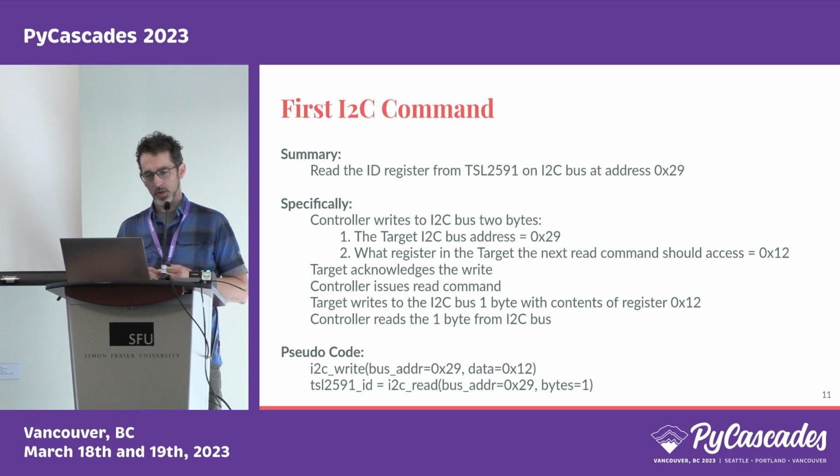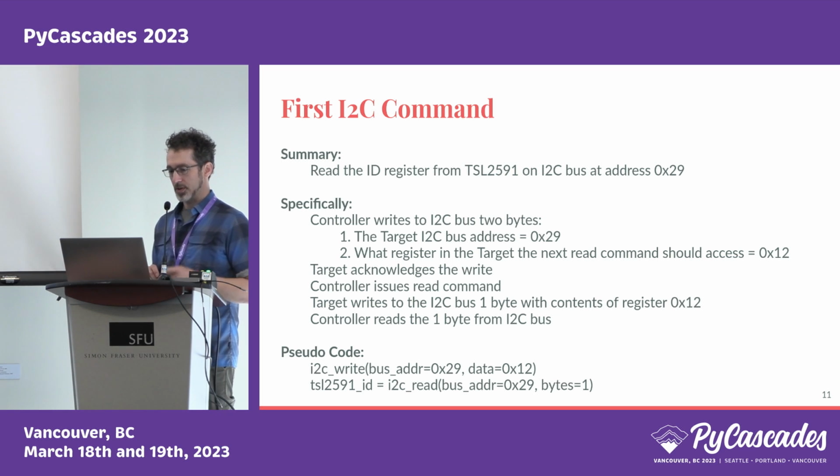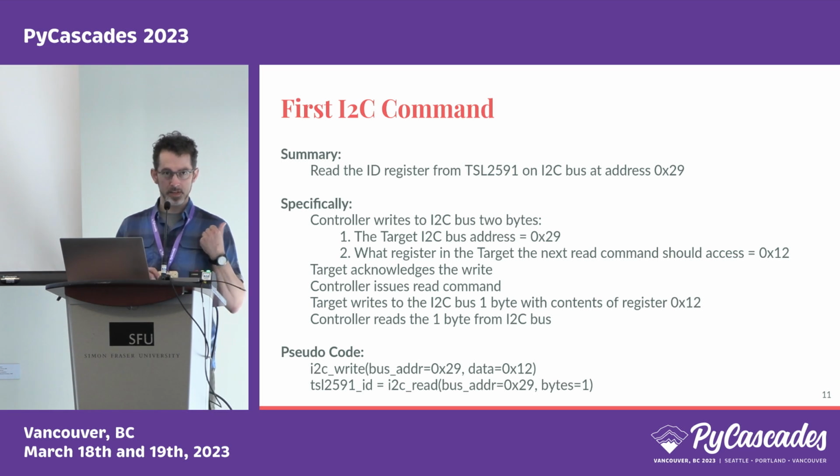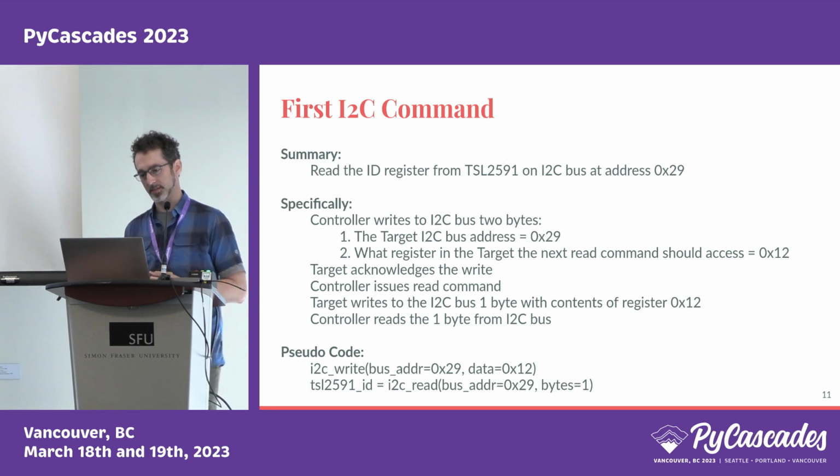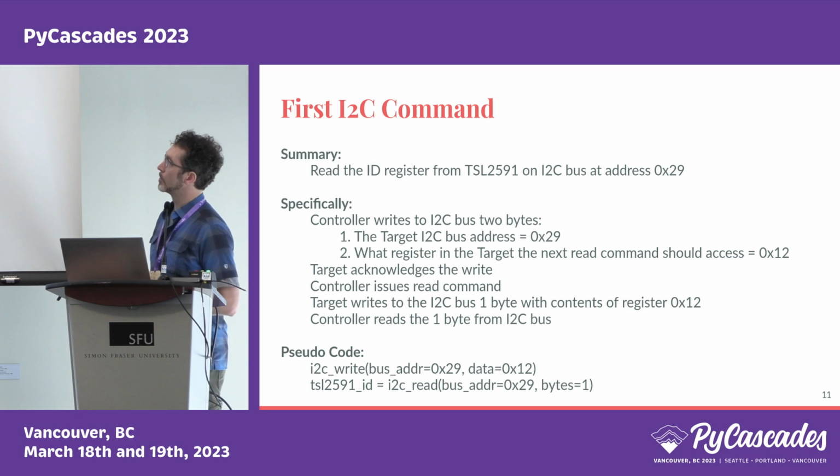And reading is also the simplest operation that we can do. So what we're going to do is a couple of steps. Specifically, the controller is going to write 2 bytes on the bus. First is going to be the I2C address, which is going to be hexadecimal 29, and then a second byte, which is going to tell the target what register I want to access. And that's going to be, in this case, hexadecimal register 12, which is the,